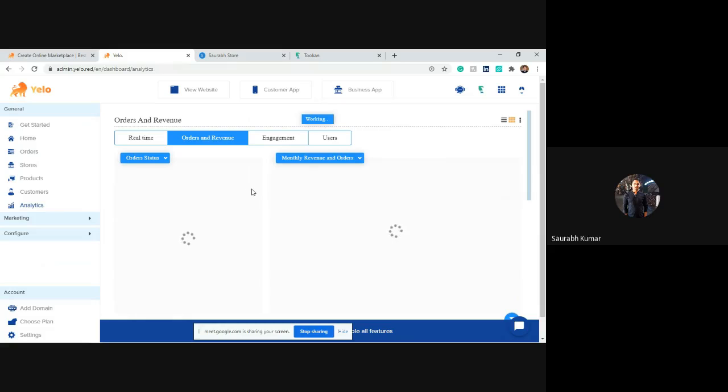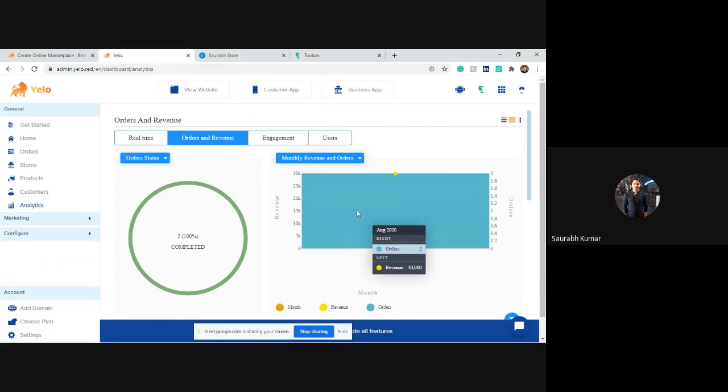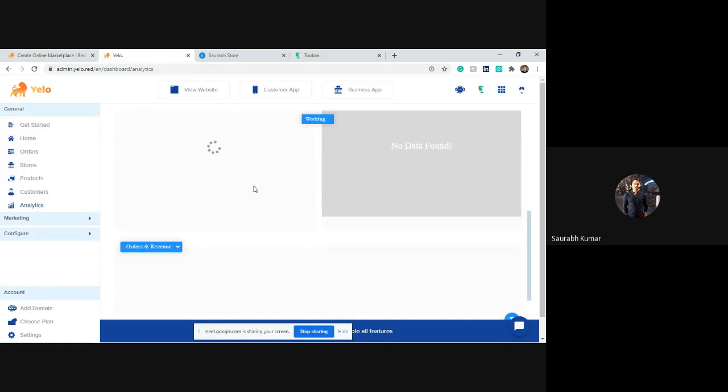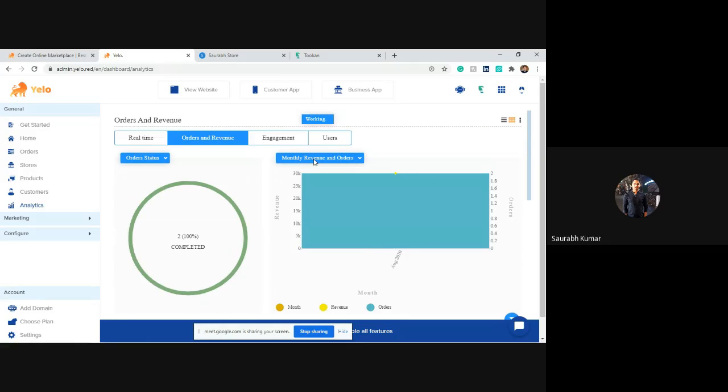You can fetch it from here, and even download it in the form of a CSV sheet. As you can see, there is a graph available, there is a pie chart available, and there are multiple ways of representing all this data. You can just filter it from your side.